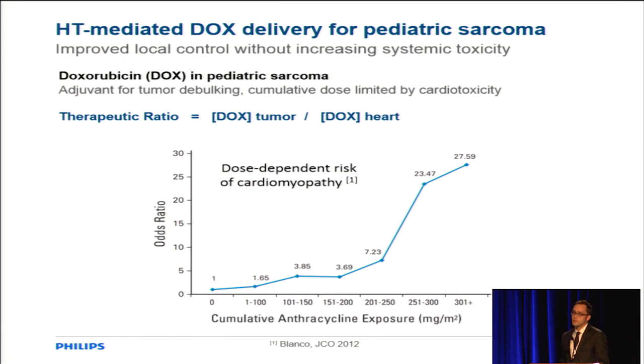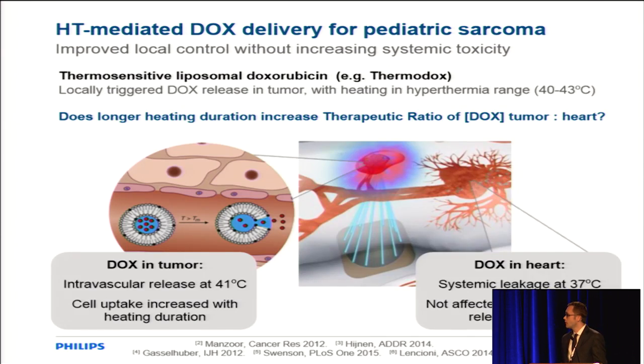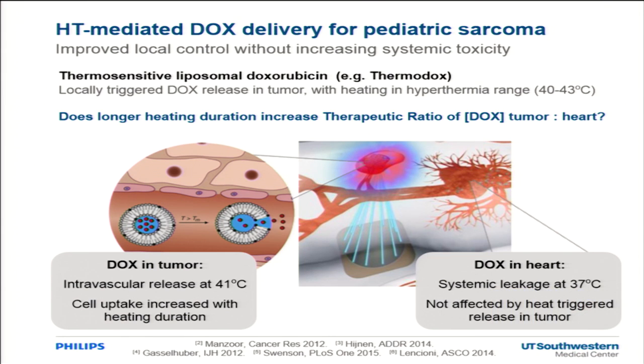And our approach is to use hyperthermia-mediated doxorubicin delivery from thermosensitive liposomes. These thermosensitive liposomes with doxorubicin being carried in them leak a small amount of drug in the systemic bloodstream, but with localized heating in the tumor, they release large quantities of the active drug in the tumor vasculature. This free DOX can fill the extracellular space, but it takes a while for it to accumulate in the tumor